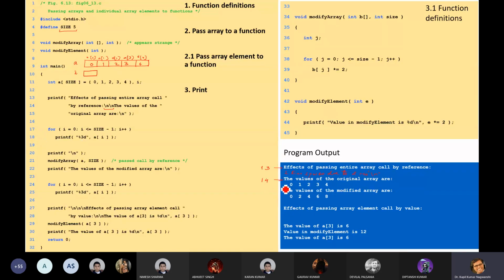So this is due to line number 17 and 18. Okay, so what do line number 17 and 18 do? This will start the for loop from 0 and go up to i less than or equal to 5 minus 1. Up to 5 minus 1. Yes.